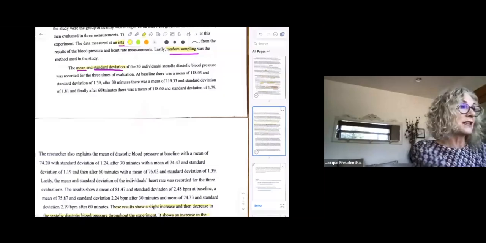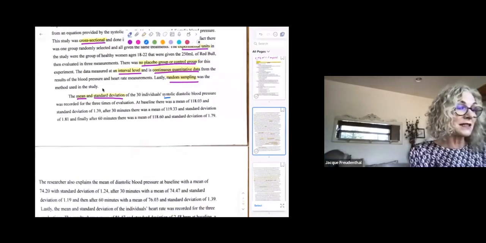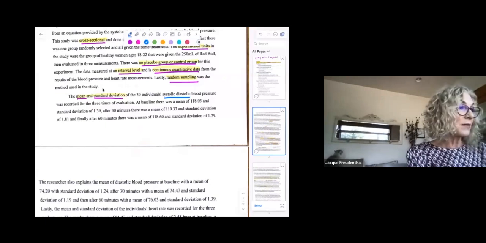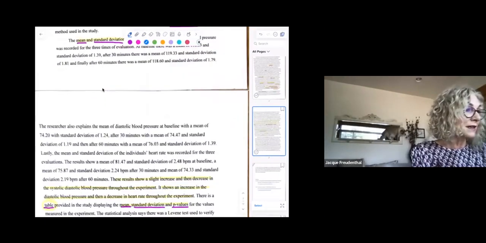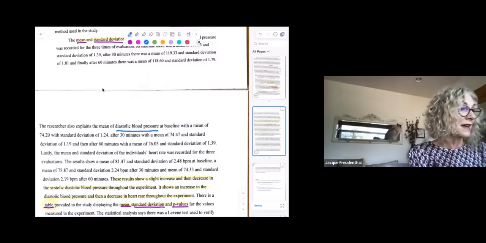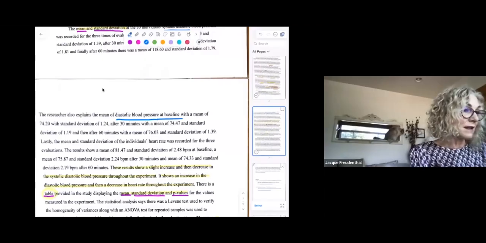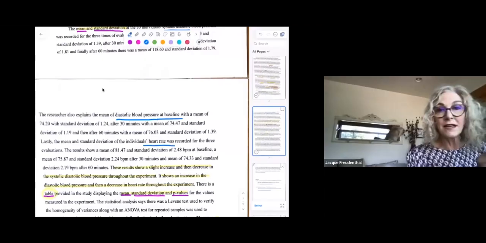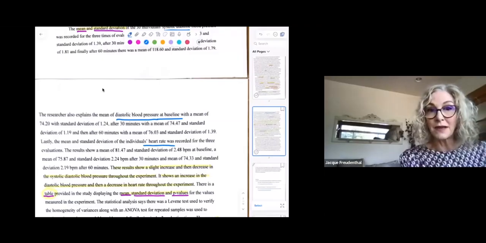the mean and standard deviation. And this particular one has several measurements. So they're looking at systolic, diastolic blood pressure, and then they're also looking at the diastolic blood pressure at baseline. And then the heart rate, individual's heart rate. So that's good. That gives a lot of detail there and talks about for each one the mean and standard